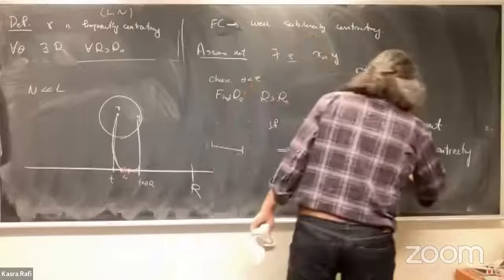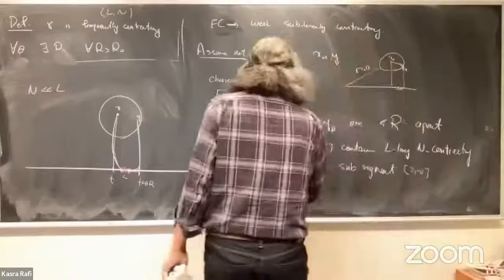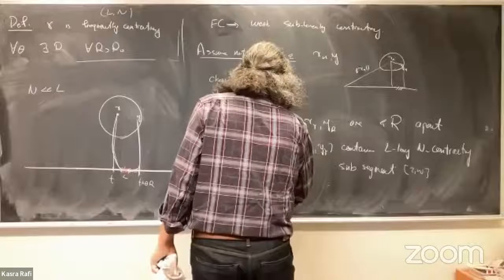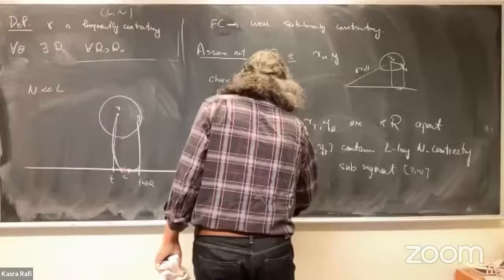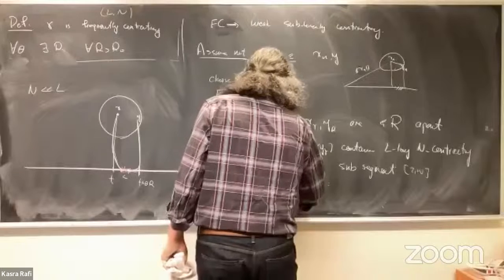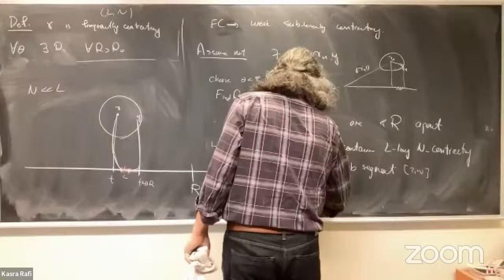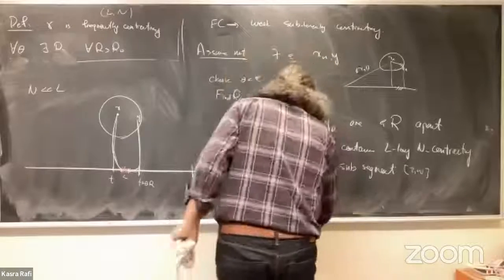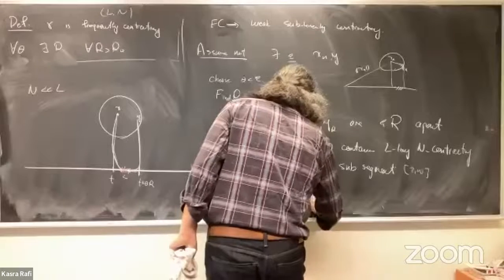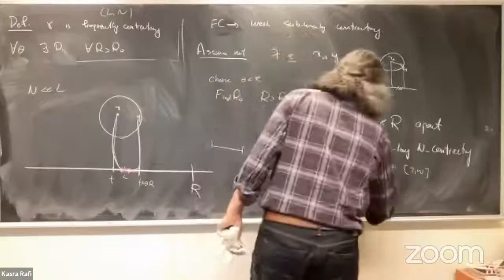So what should I call that? Let's call it ZW. So then the projection of x to ZW is Z, the projection of y to ZW is basically W, and the distance between Z and W is equal to L, which is much bigger than n. And that's